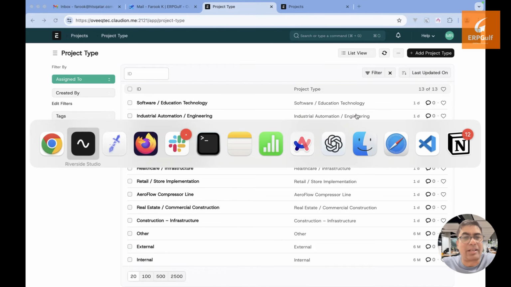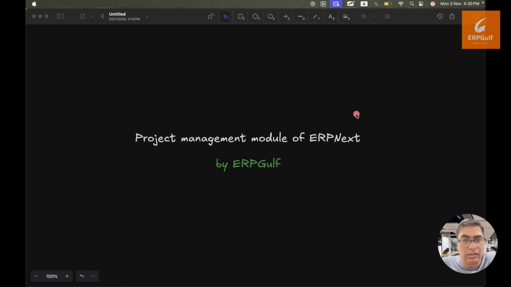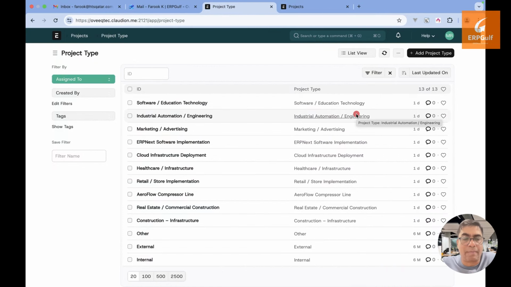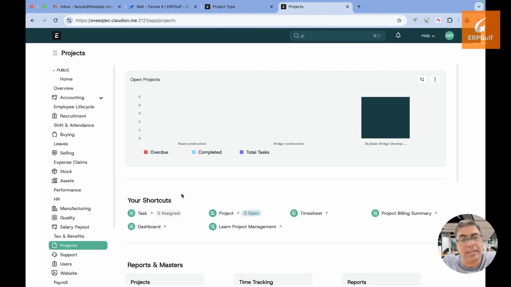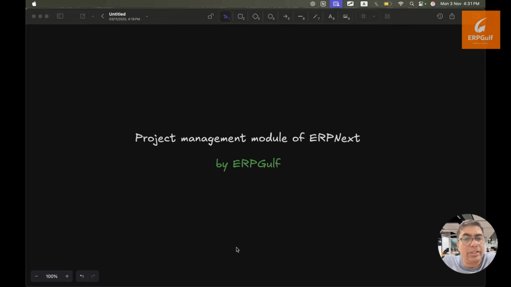Then there is marketing and advertisement. There are many types of projects that our clients have been doing, and we have been customizing for them mostly. So this is all based on the module that ERPNext provides as a standard one with the framework. ERPNext provides the project module, right? So in this project module,